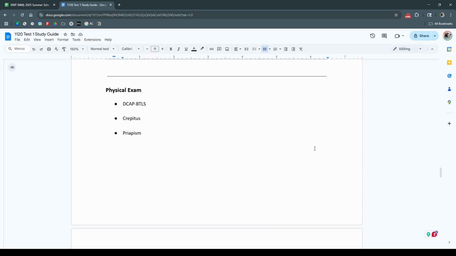Make sure that you can differentiate all the letters of DCAP-BTLS. This is what we're going to be looking for when we're looking at a patient's body, looking at their head for any signs of deformity, contusions, and so on through all of DCAP-BTLS. And also make sure that you understand these vocab words that are not used in common language, like crepitus, which is the